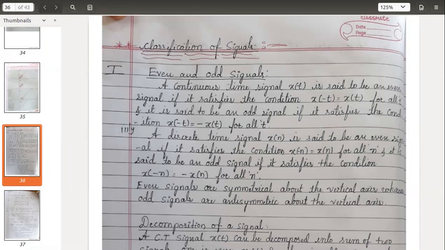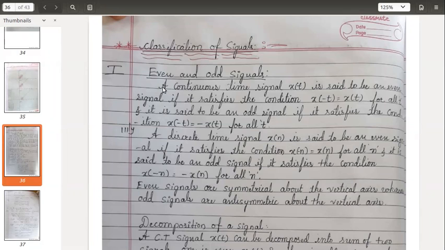Even and odd, this is a word very much familiar to you. You might be using this starting from your childhood, from mathematics, right? What is even, what is odd, you know. Multiples of 2, it's even, right? So let's start. Here you will be studying the basic definition of what is even and what is odd